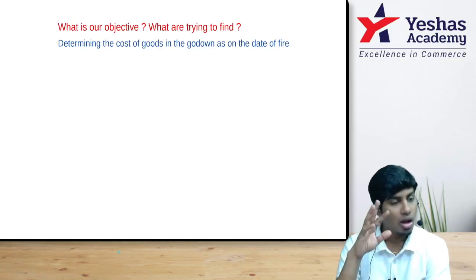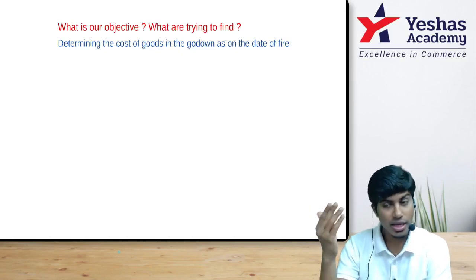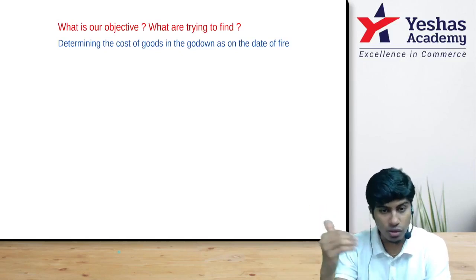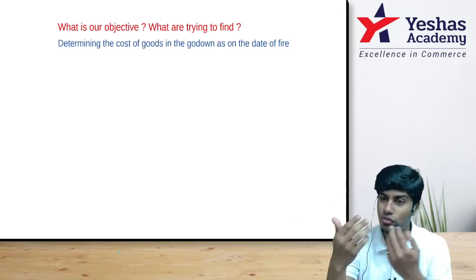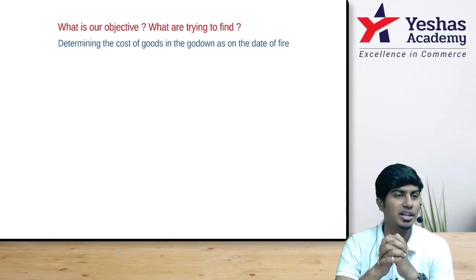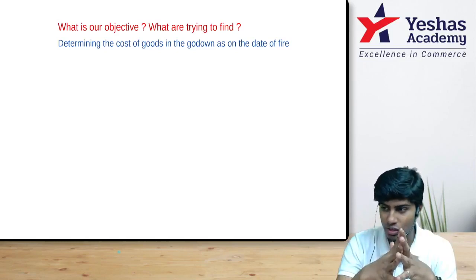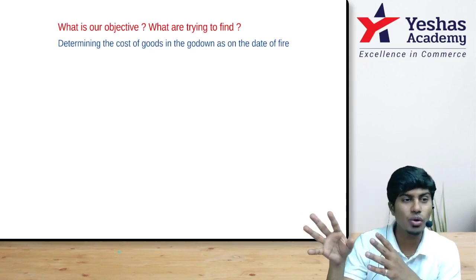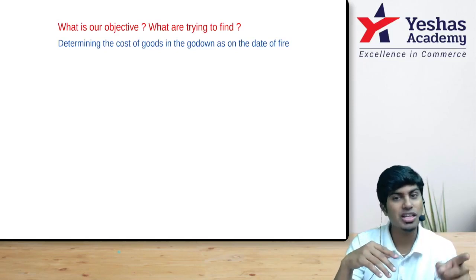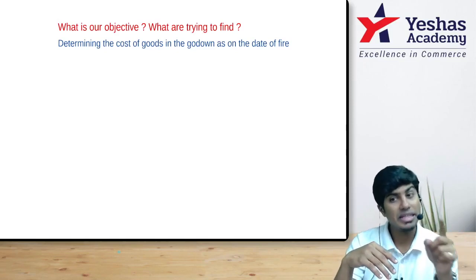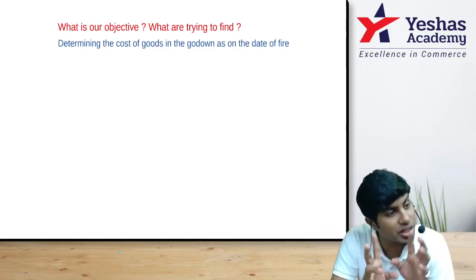Or also, let us say an instance, you placed an order. The supplier dispatched the goods. You received the goods, you kept them in your godown, but you have not yet received the invoice. Because you have not yet received the invoice, you have not yet passed the journal entry. Such goods which you have received, for which you have not yet received the invoice, are not entered. They stay in the godown that night and then the goods catch fire and the entire thing gets destroyed. Will you get an insurance claim on such goods? What is there in your godown? Yes. Though you don't own it, though you have not purchased it yet, you will still receive an insurance claim for the same.